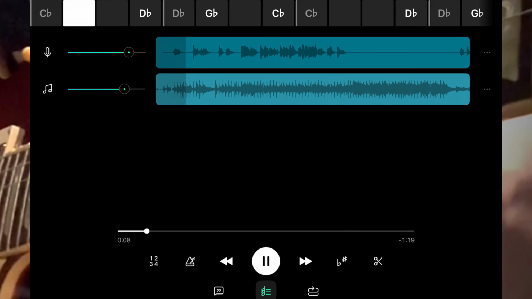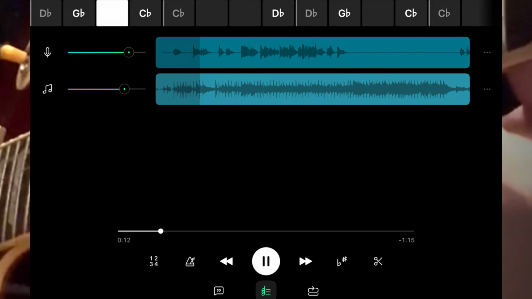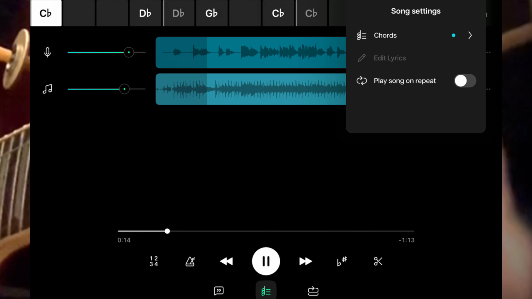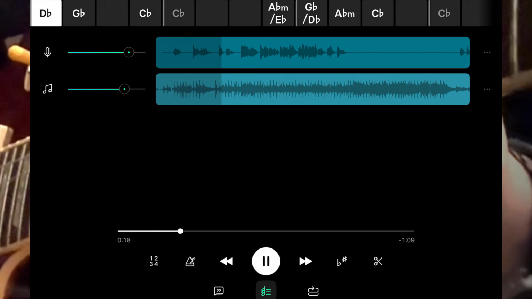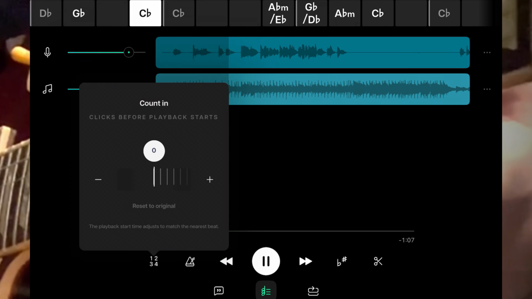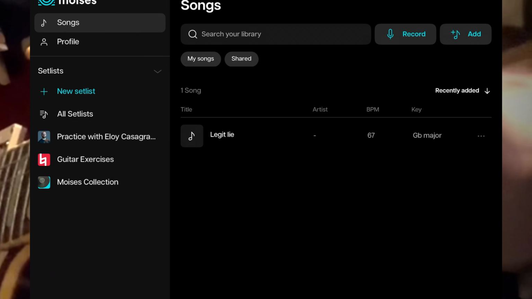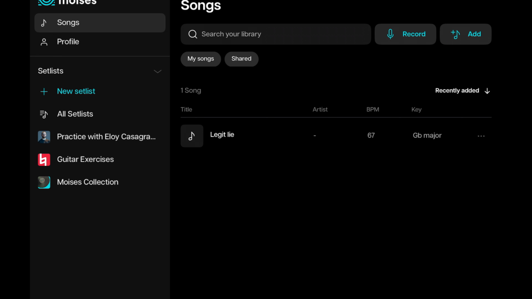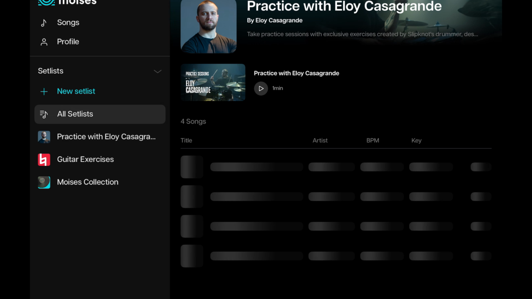Now Moises has a paid option, and when you pay for Moises, you can actually strip out other instruments. So if you play drums, for example, you could take the drums out. So you can get a full mix, which is absolutely fantastic. Let's have a quick look at what comes with it. So if we go on here,